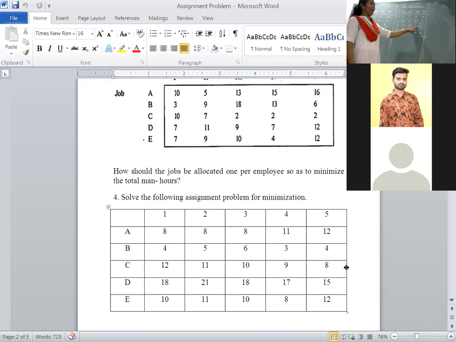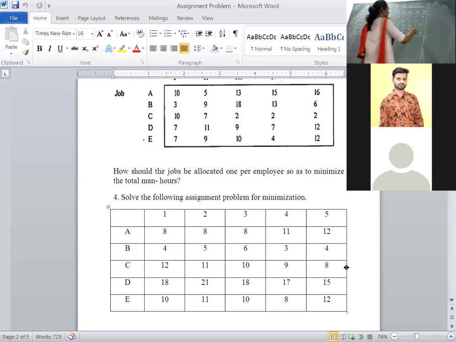Then, if you have marked in this particular column, if any other zeros fall, we have to cancel them out. That means the fourth row won't get any assignment. That means we are not getting assignments, so the problem right now doesn't possess an optimal solution. Then we have to enter into step 4.